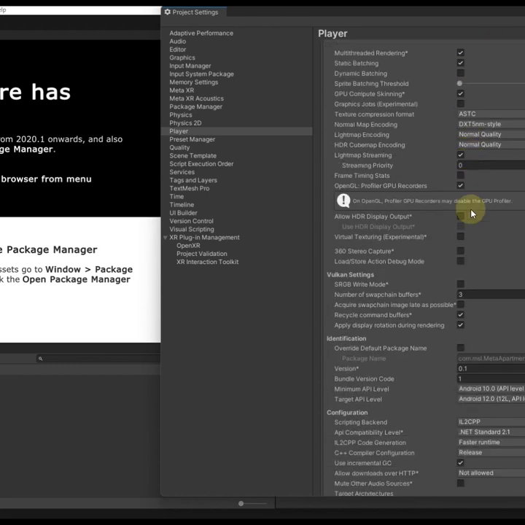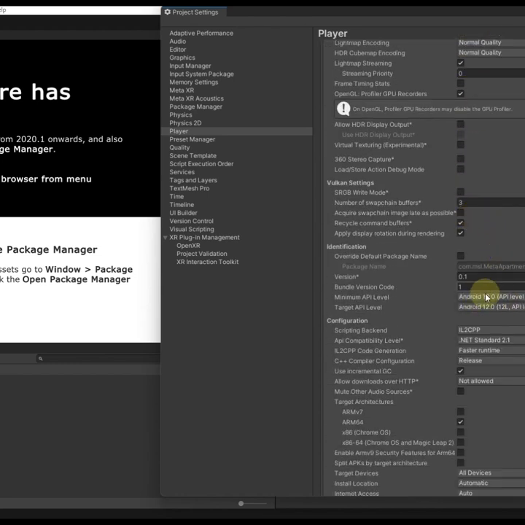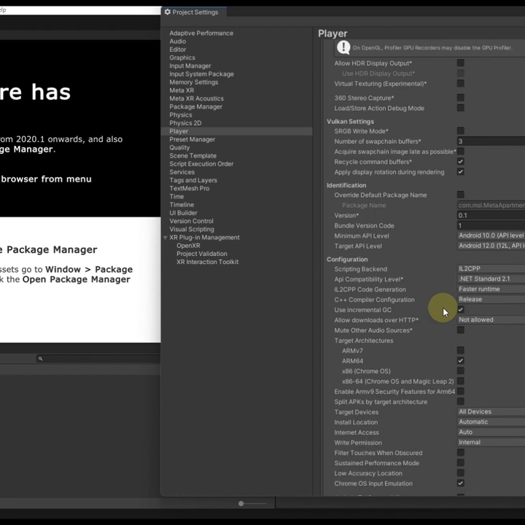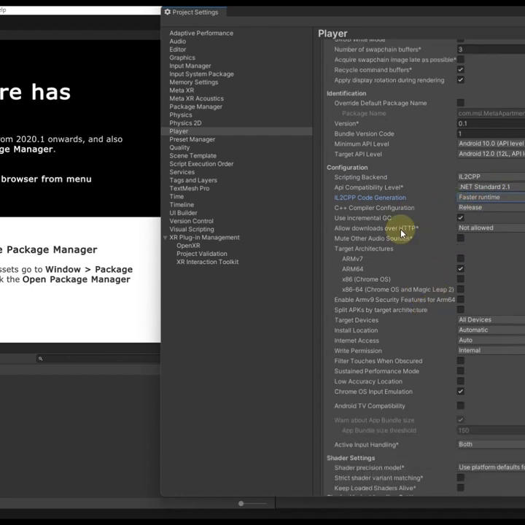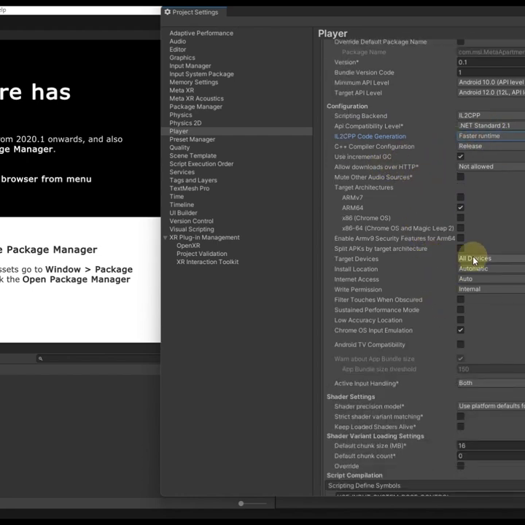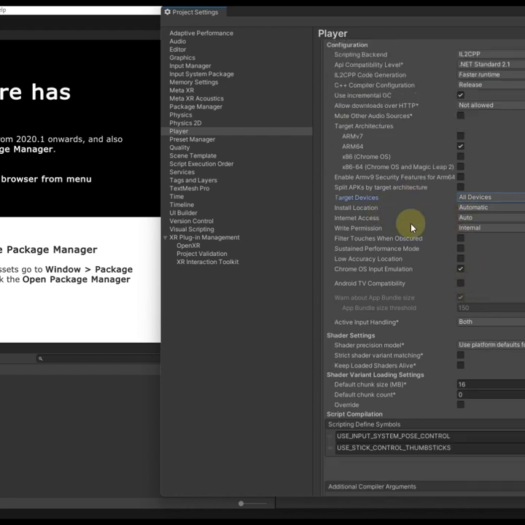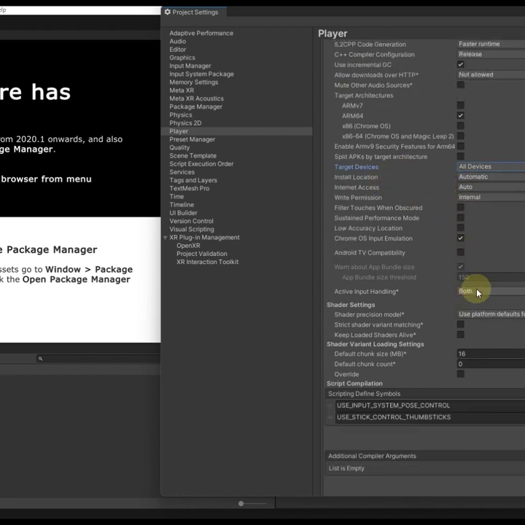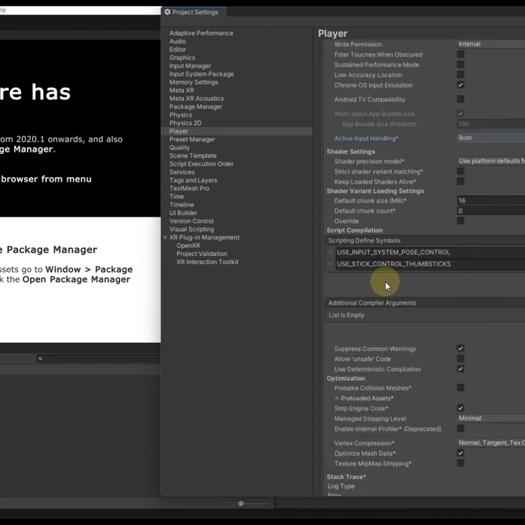Then click that version, bundle version, minimum API, target API, IL2CPP, .NET 2.1, and all devices, automatic installation, internet access auto, active input handling both, acceptable, and then